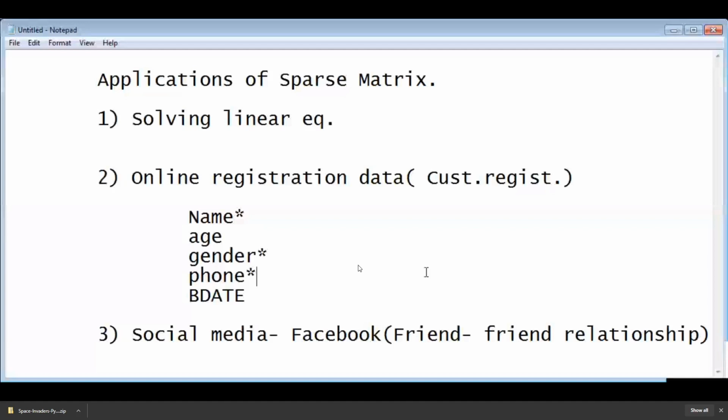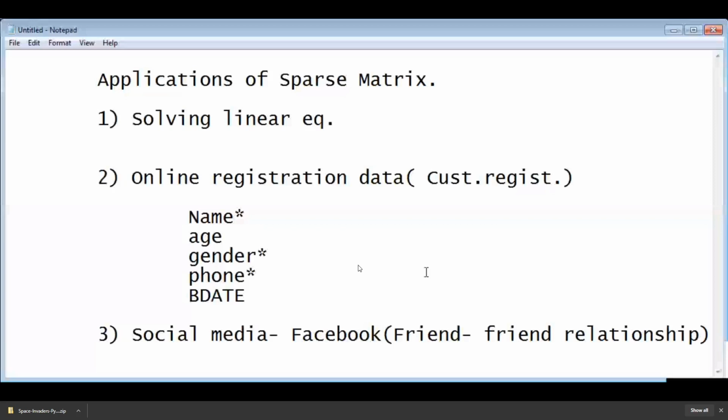The fields which are important are stored, and those which are not important are marked as 0. Between you and me, the element is marked as 0, but if someone is a mutual friend between me and someone, the number will be marked as a positive, non-zero number.